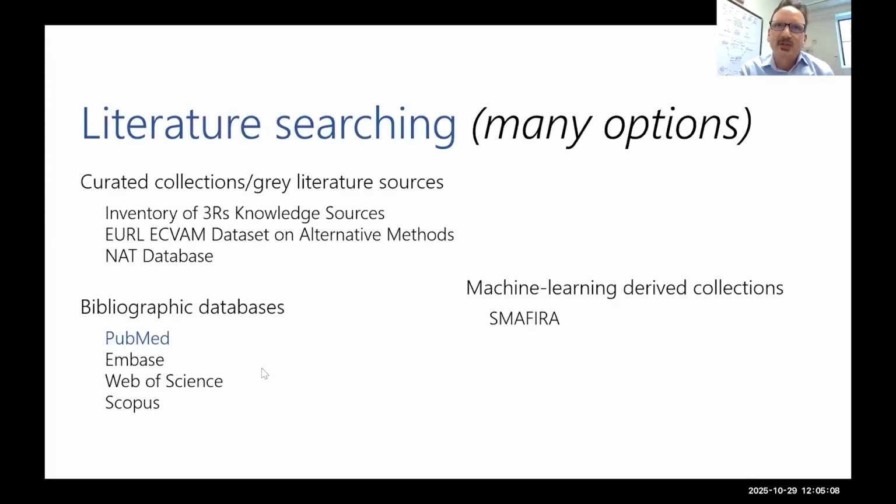And I assume that there is a scoping exercise, just like PubMed does a scoping exercise about what it is going to include, that the inventory of 3R's knowledge sources probably has a similar thing. I am not affiliated with this tool and I am speaking off the cuff, so I'm not 100% sure, but I think the larger message is you may want to reach out to these